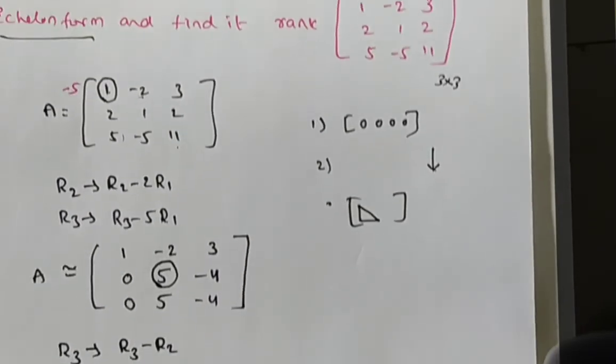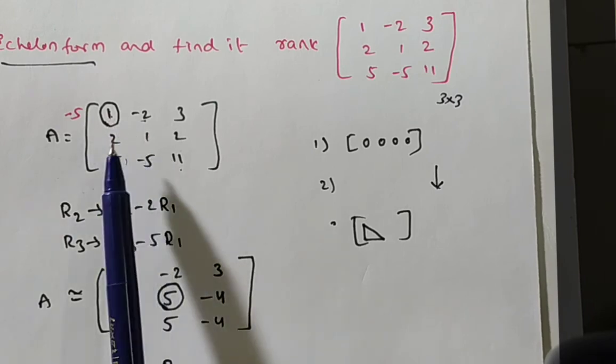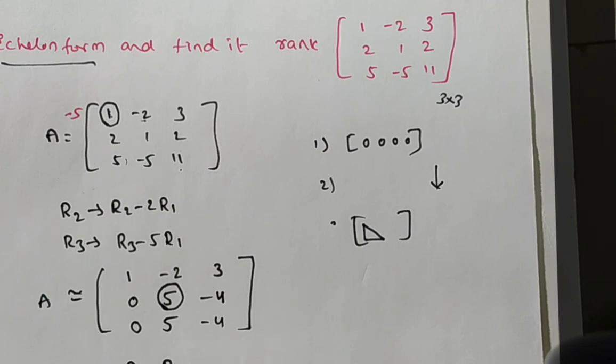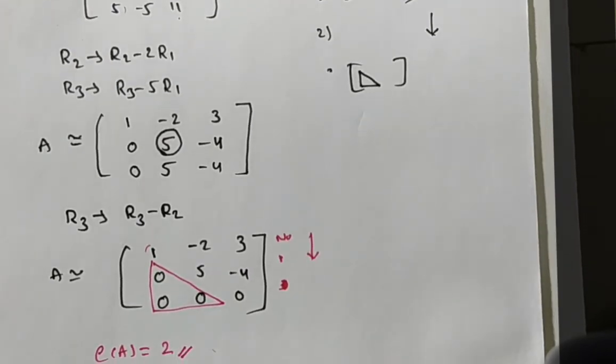But you observe, you take a 2 by 2 matrix here. If you take a 2 by 2, 1 into 1, 1 plus 4 is 5. So the determinant of the 2 by 2 matrix is not equal to 0. So you can say one of the minors of 2 by 2 order is non-zero. So rank of A is equal to 2. You can say, okay. Like that also we can answer. That is just for verification purposes that I explained.